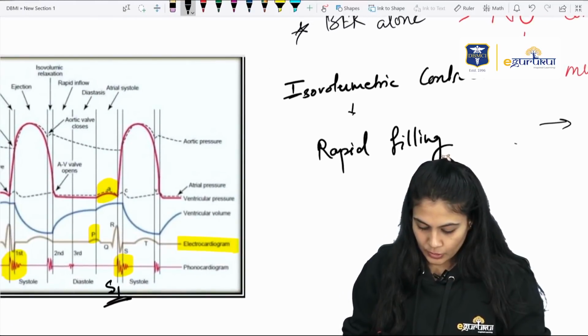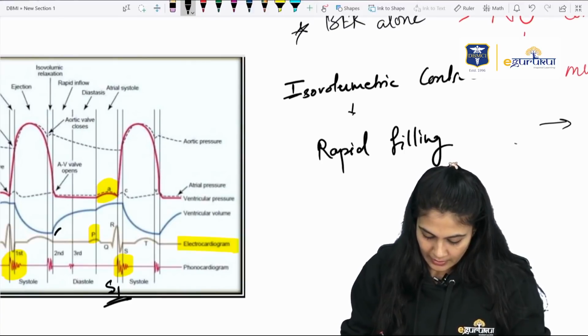So that means the atrial systole is going on, and over here you can see the rapid filling phase